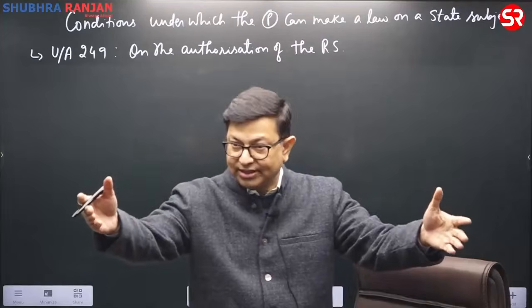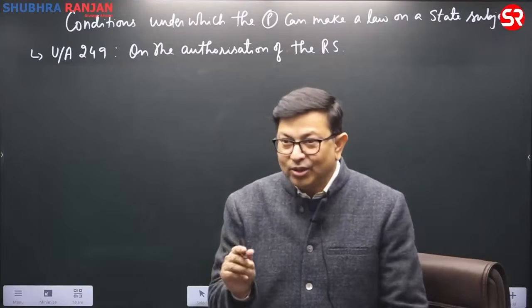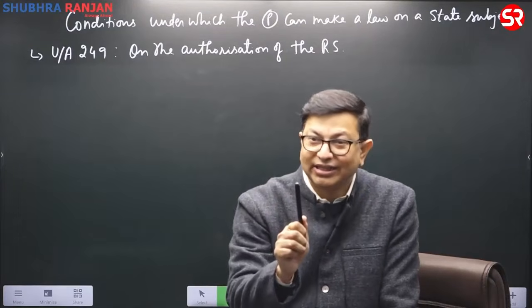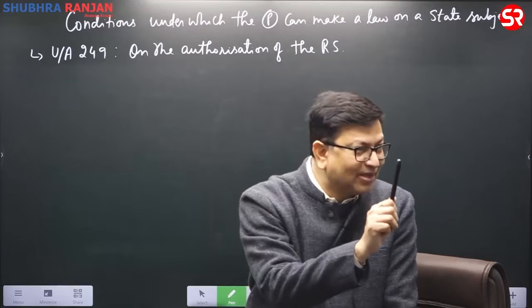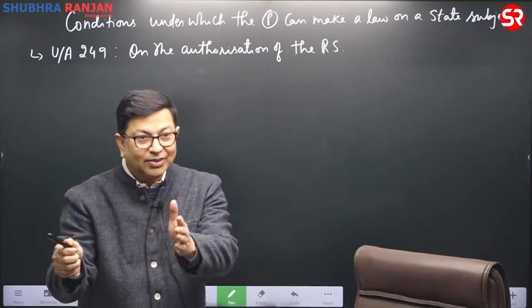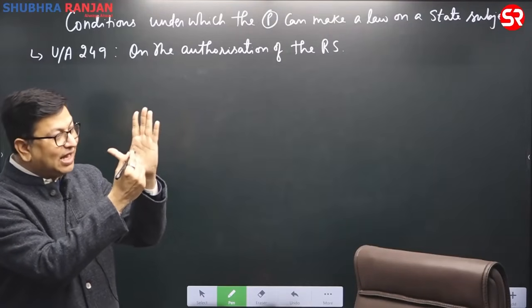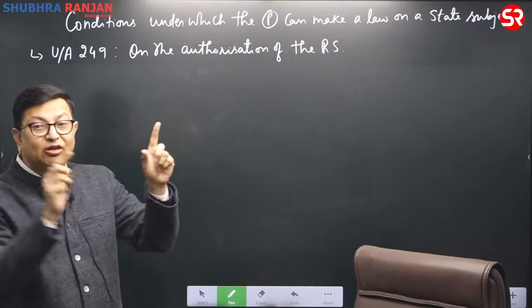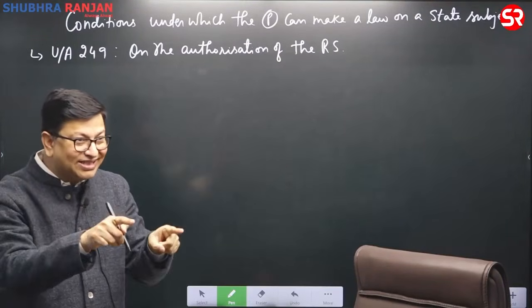Suppose we have got these 2 houses. This is our Lok Sabha, this is our Rajya Sabha. If this house passes a resolution by special majority, 2/3 of the members present and voting, the first type of special majority that we had discussed, that on the ground of national interest, the Rajya Sabha hereby authorizes the parliament to make a law on the subject of land, which is a subject in the state list.